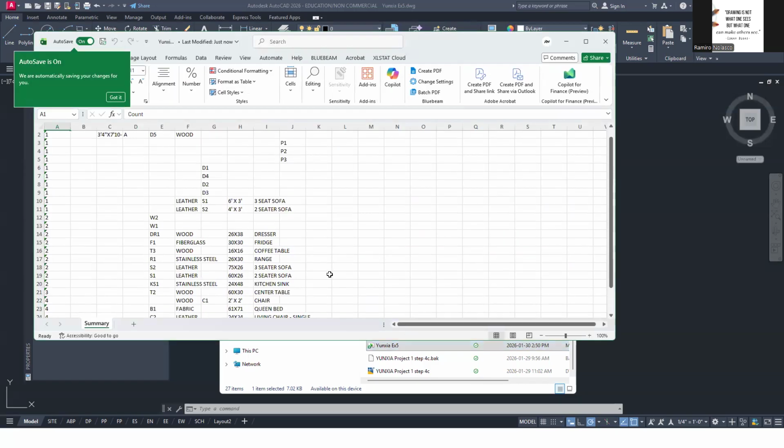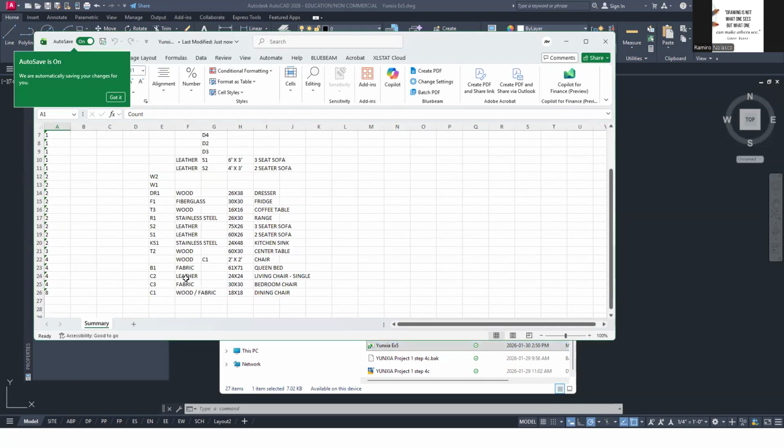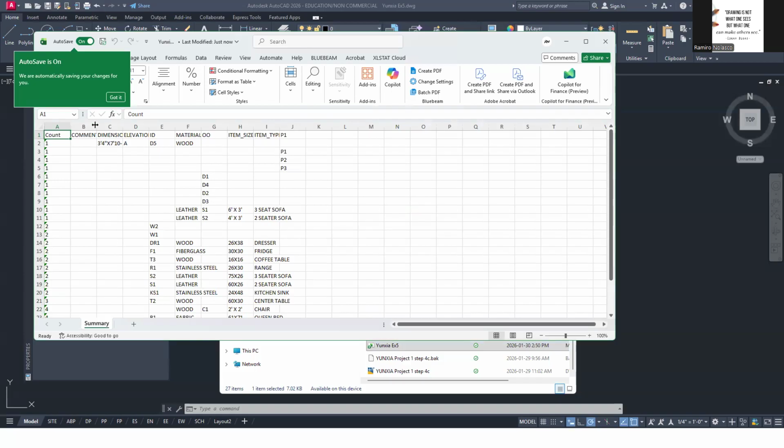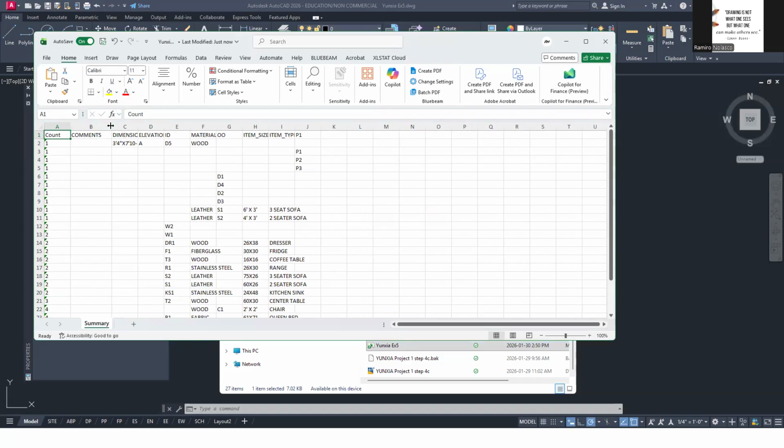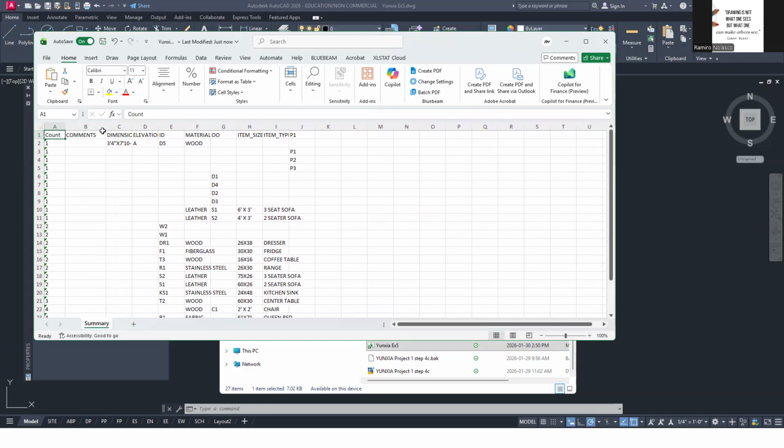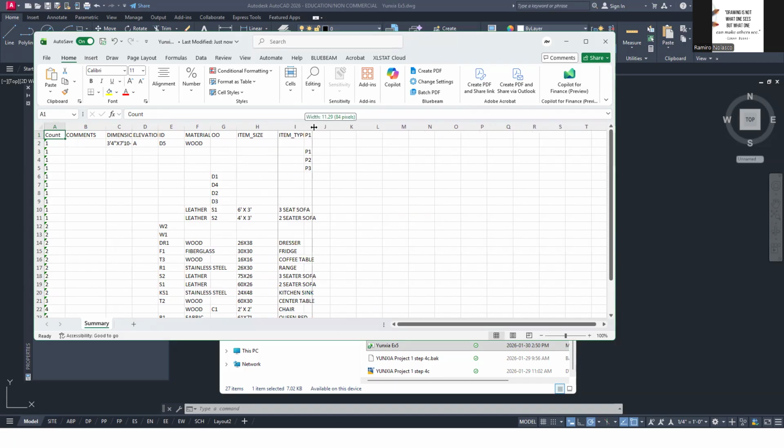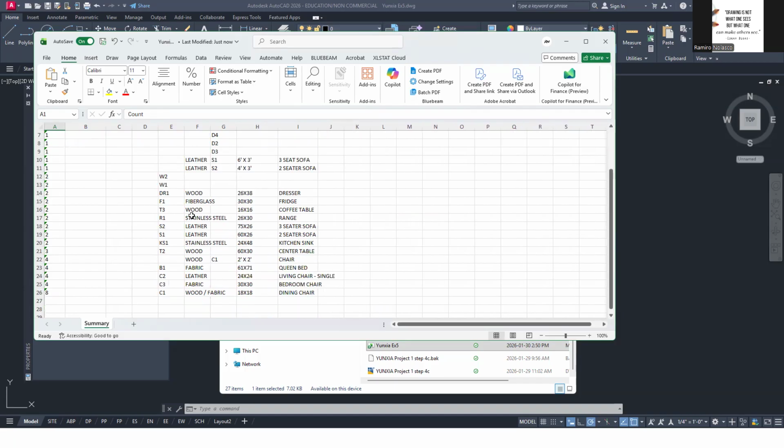Now, all you have to do is clean it up, fix it, so you can make the column longer, smaller, and then you can put together the things that belong together with each other, right?